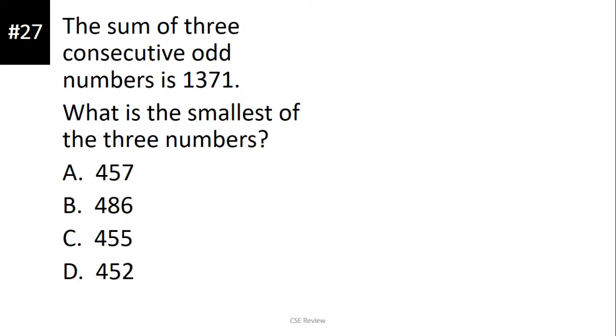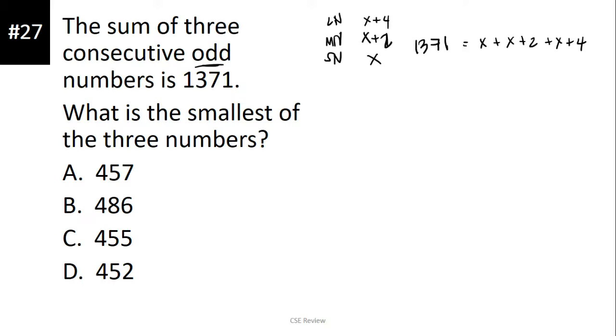Our traditional method is kung meron kang 3 consecutive numbers, we have the smallest number, the middle number, and the largest or the biggest number. Okay? Yung smallest number, since siya ang hinahanap, siya yung magiging x, this becomes x plus 1. Pero dahil odd numbers ang hinahanap, this is going to be x plus 2, and then this is going to be x plus 4. Okay? And then i-add mo yan lahat to get 1371. So formula, 1371 is equal to x plus 2 plus x plus 4.